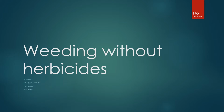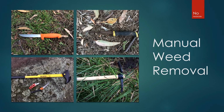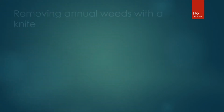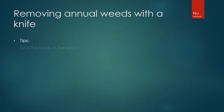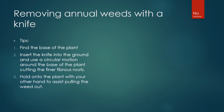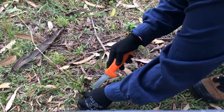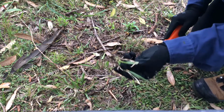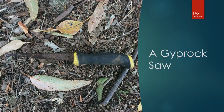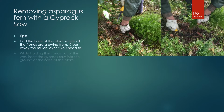The first technique we will discuss is manual weed removal, and the tools you can use are a knife, for example for small annual weeds, a Gyprock saw for small woody weeds and asparagus fern,